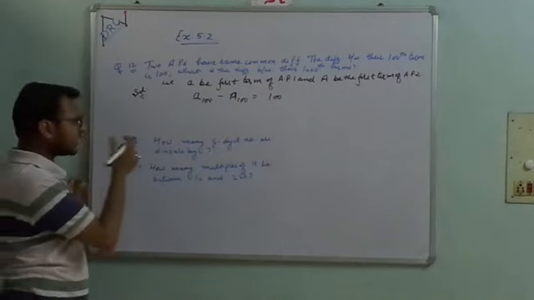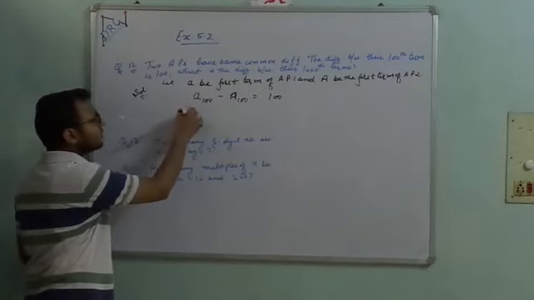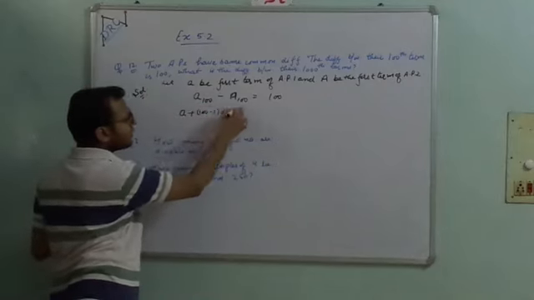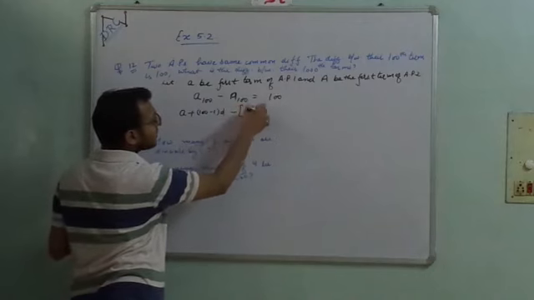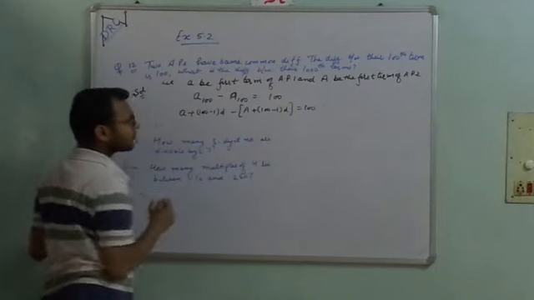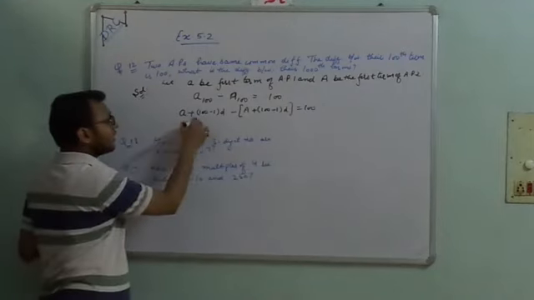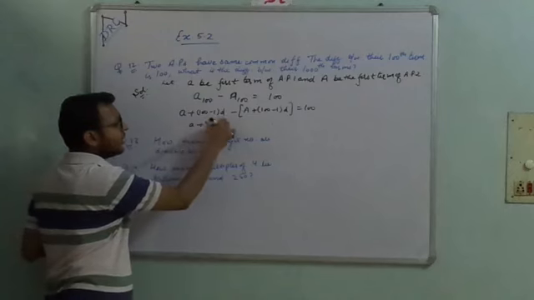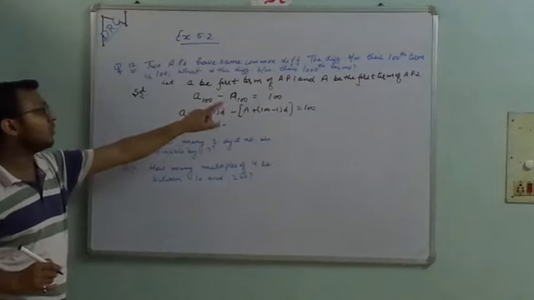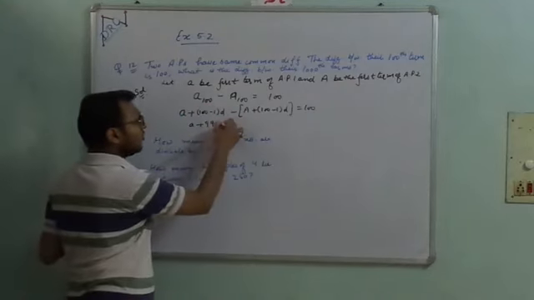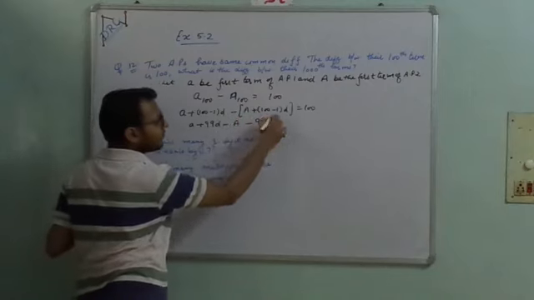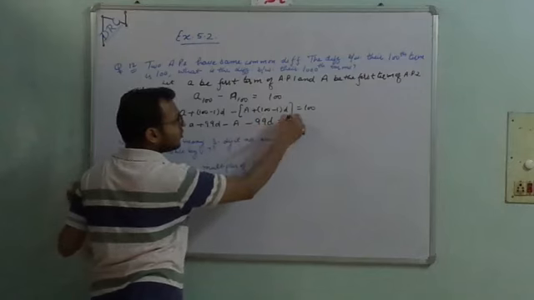Okay. Now students, आप मुझे क्या बताएं? A100 का फॉर्मूला क्या होता है? फर्स्ट टर्म प्लस 100 माइनस 1 इंटू डी माइनस फर्स्ट टर्म प्लस 100 minus 1 into d is equal to 100. Okay. Now a plus 99d, as we know na, the first term of the first AP is a and the first term of the second AP is capital A. So here it is a plus 99d minus capital A minus 99d is equal to 100. Yes students.